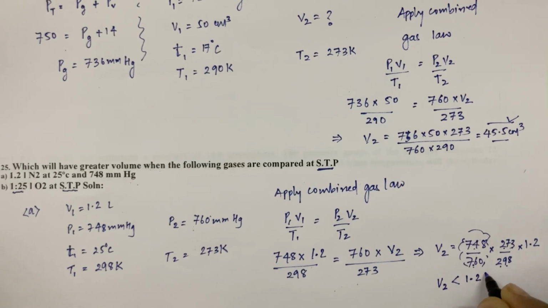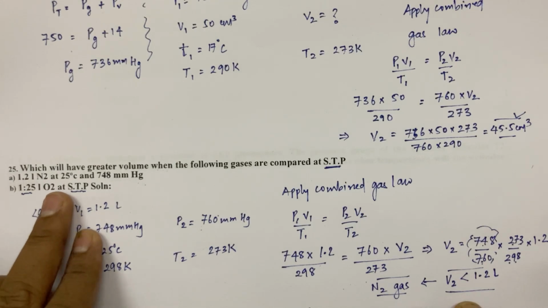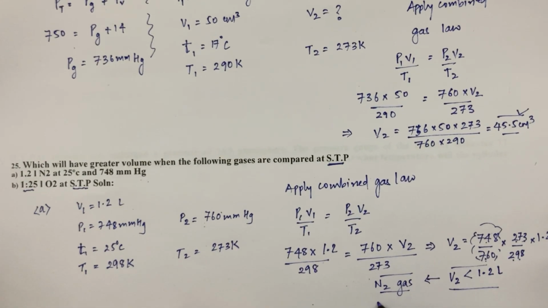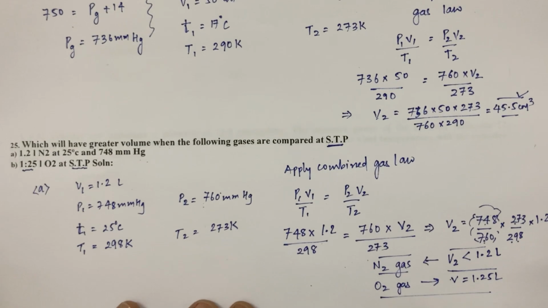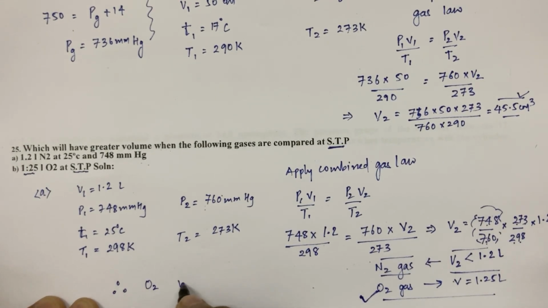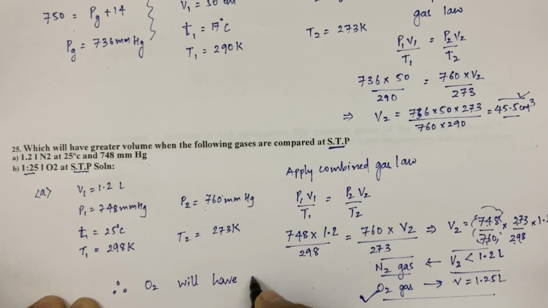less than 1.2 liter, for sure. V2 will be less than 1.2 liter. This is for which gas? For nitrogen gas. So nitrogen gas volume will be less than 1.2, and here if you see carefully, the oxygen gas is already given as 1.25 at STP. So the oxygen gas volume is 1.25 liter at STP. So it is very clear from this comparison that oxygen gas will have higher volume. So therefore O2 will have higher